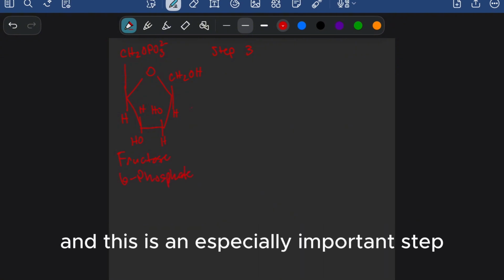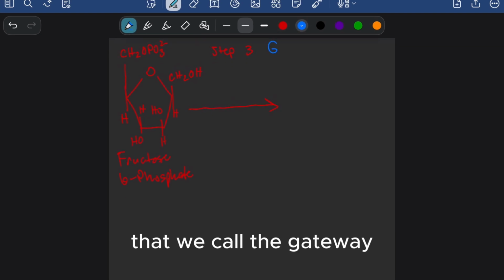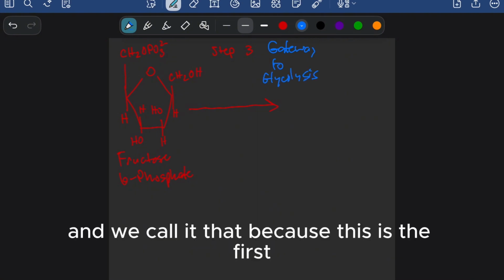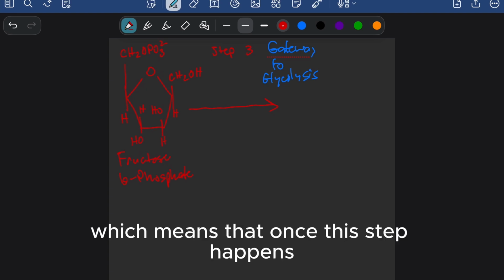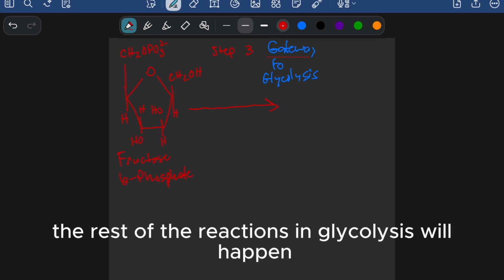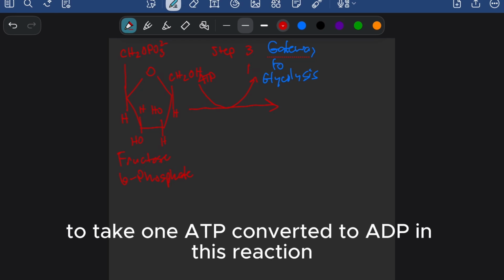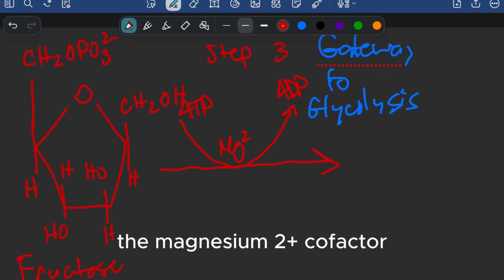And this is an especially important step. This is another irreversible step that we call the gateway to glycolysis. And we call it that because this is the first committed step of glycolysis, which means that once this step happens, the rest of the reactions in glycolysis will happen. So like once again, we're going to take 1 ATP, convert it into ADP in this reaction,